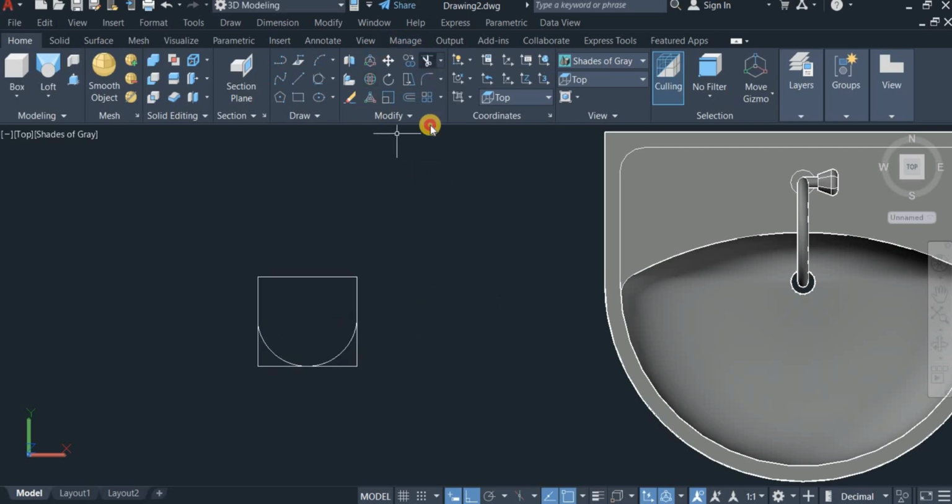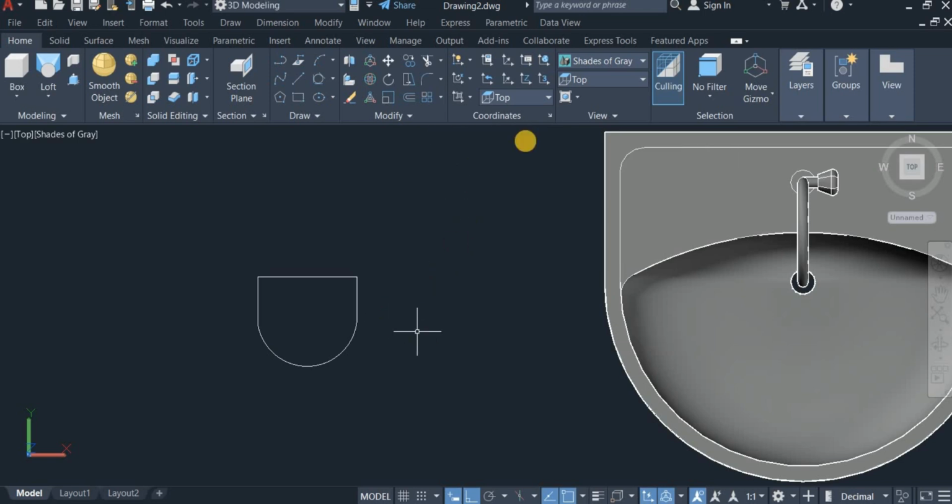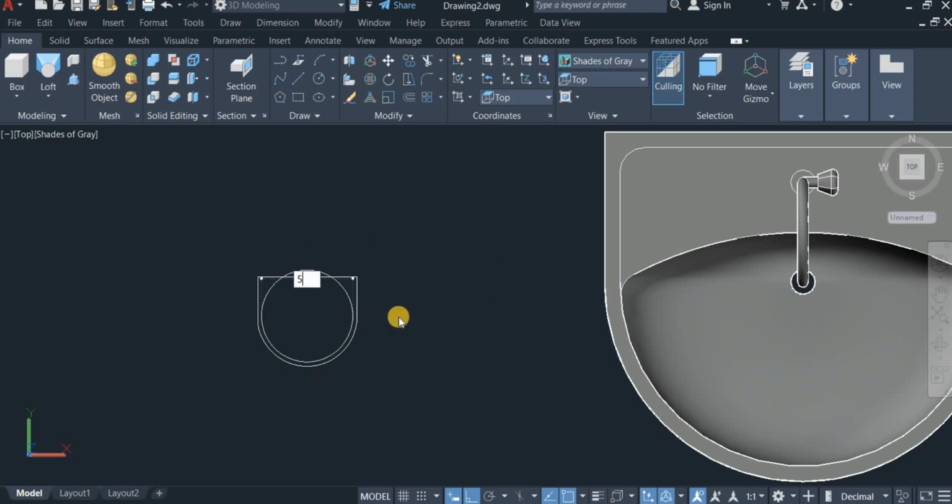Alright, now with the trim command, trim off these portions. Enter. Now look at the center of this very geometry. Okay, so I'm now going to draw a circle of 50 diameter at the geometric center of this very object. Right click and choose diameter 50. Okay, use the trim command, trim off this. Okay, use the offset command, use an offset of 20